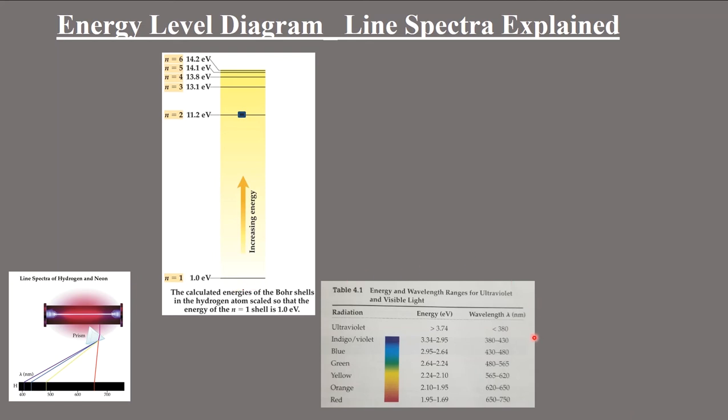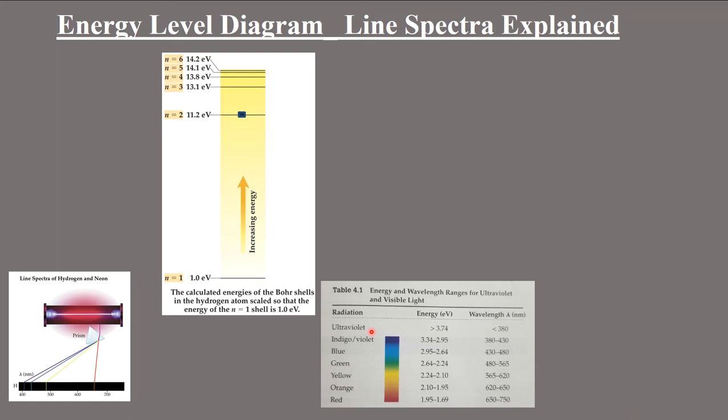Using this table, you can see that this particular electron transition, which is 10.2, is greater than 3.7, so this falls in the region of ultraviolet light. And because UV light is outside the visible region, we cannot usually observe this particular line in the